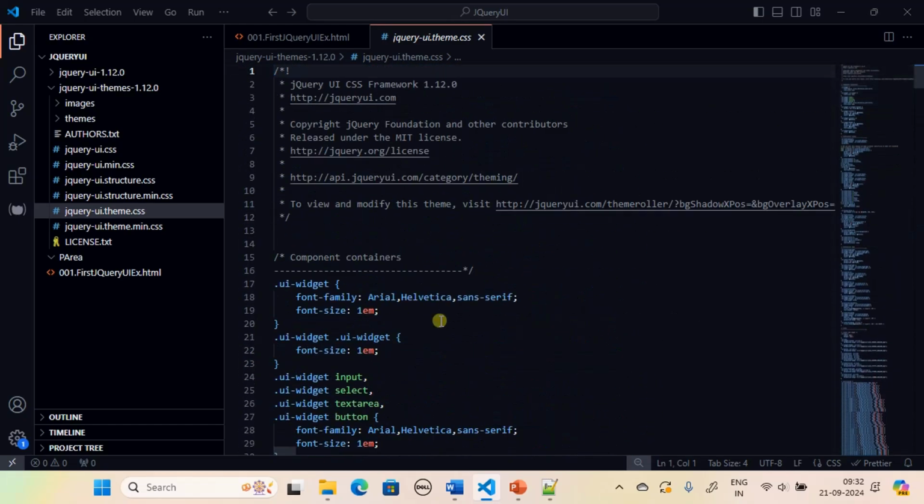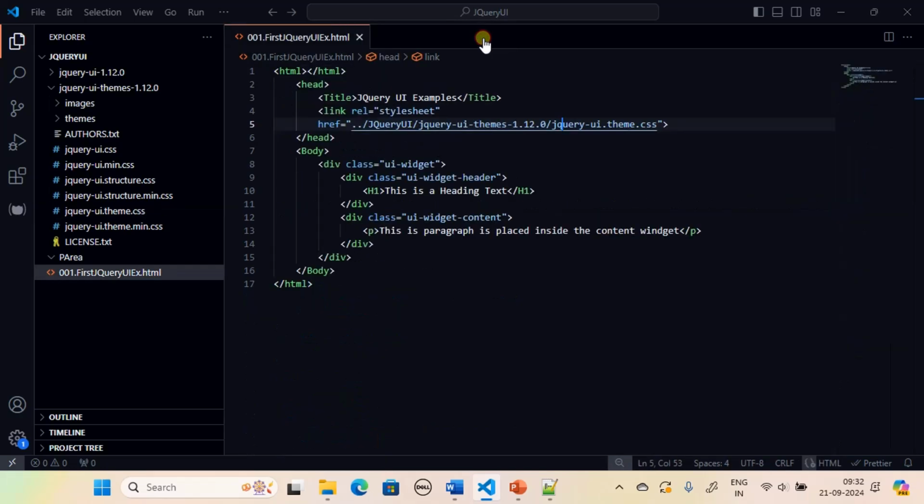Right? Or you can do a search on this file if you are looking for something. Now let me close this, and if you see, we have the hyperlinks available. I mean the hyperlink reference pointing to the CSS themes applied by the jQuery UI. After that, here we are using the UI widget, right? And since we already referred to the jQuery UI theme, the UI widget must be defined